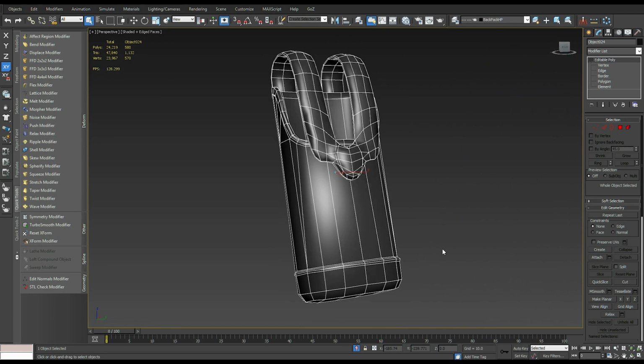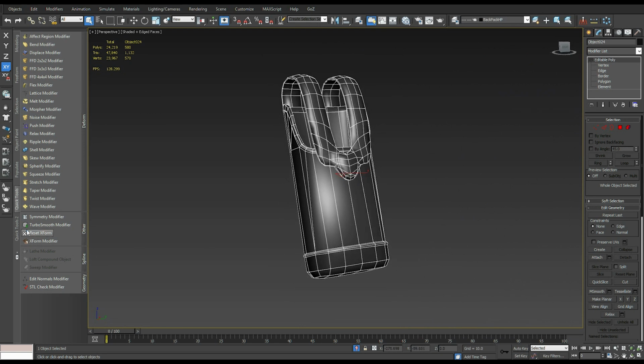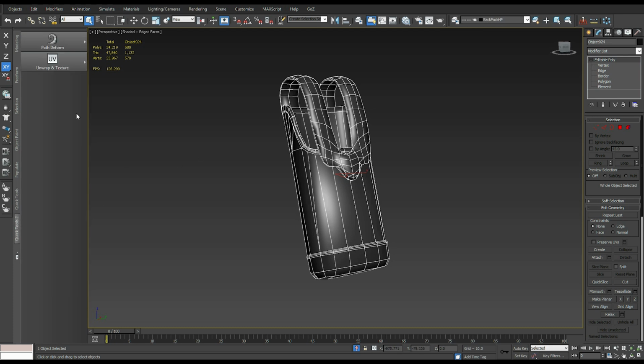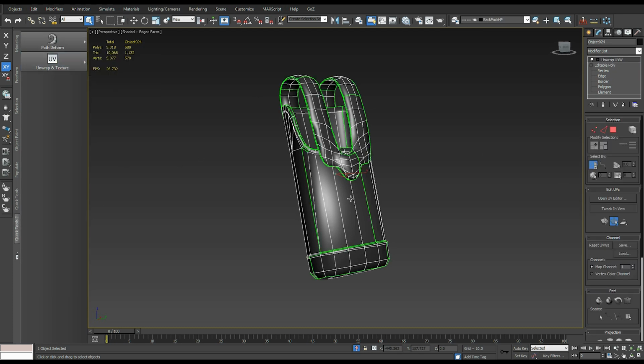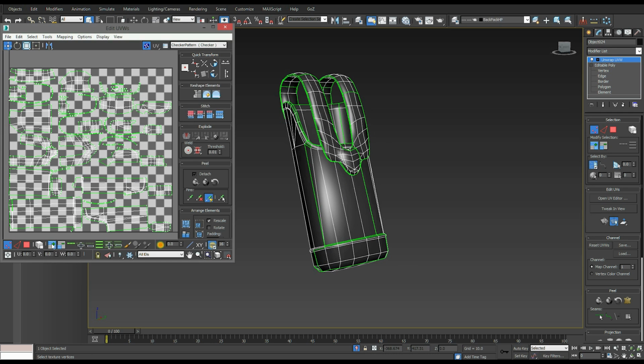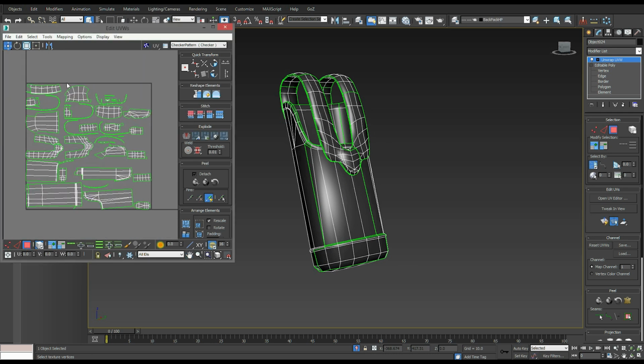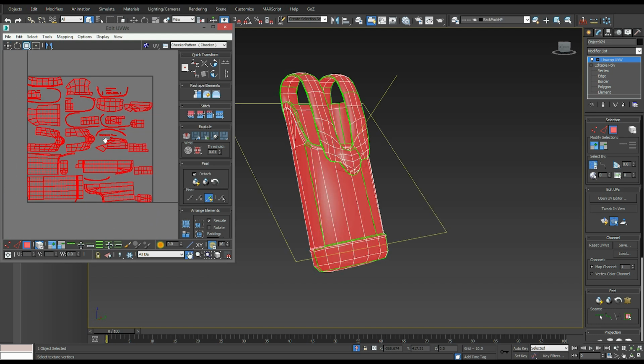The next thing I want to move on to though is the unwrap for the test bake. Now the test bake isn't as technical and crazy as it sounds. All that means is I'm going to spend about 30 seconds unwrapping this thing, because we just need it unwrapped good enough to bake, but not good enough to texture on. So to show you that, I'm just going to come in here and quickly throw an unwrap on there. And actually I already went ahead and did this ahead of time, but we'll do it again just to show you. All I would do is grab all these pieces here,